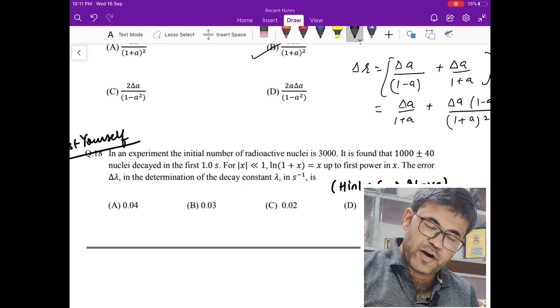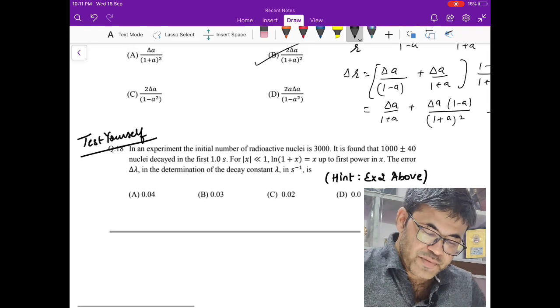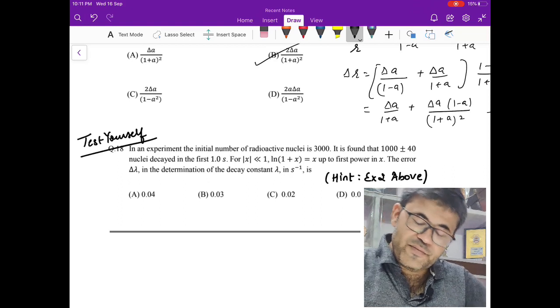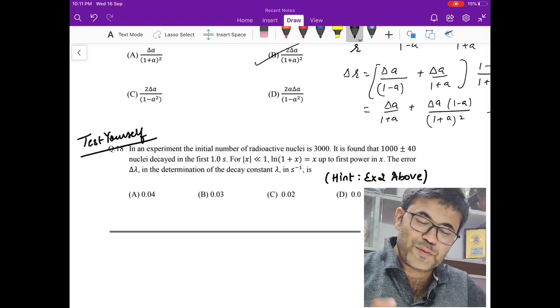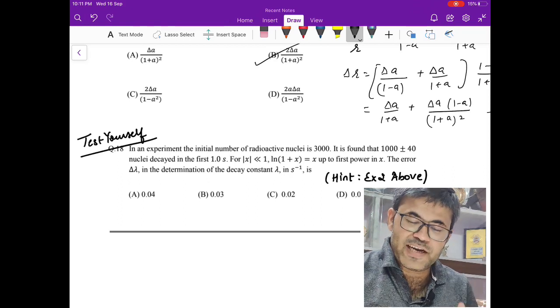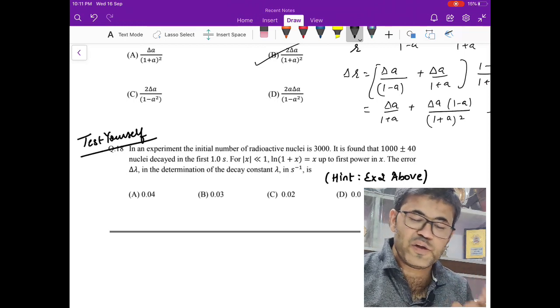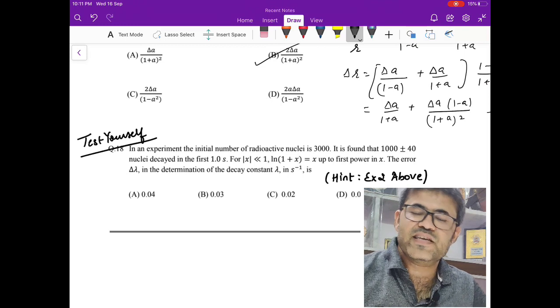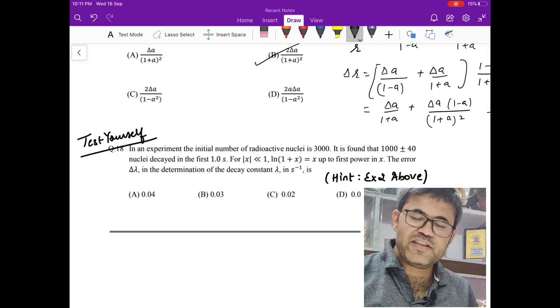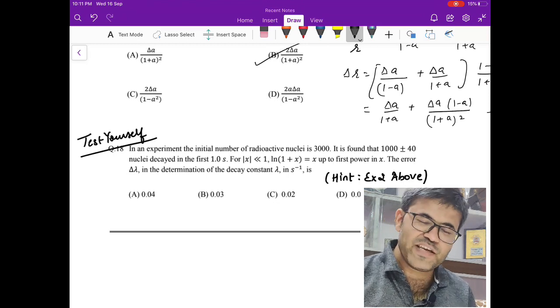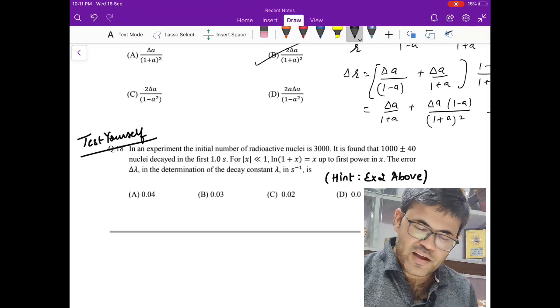Now there was a second part of it, and this is also a very good question, and I am giving it as a test yourself. Take the screenshot, and my hint is I have solved that JEE Main question. Do it like that, you will get the answer very nicely. If you check the solution of it in many books, I find the solution is not very convincing at many places. Try with that method, you will love that. If you have difficulties, we can post it afterwards.